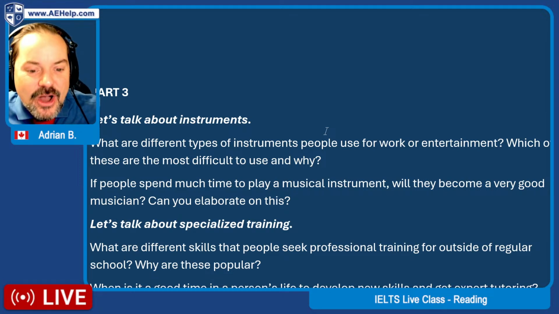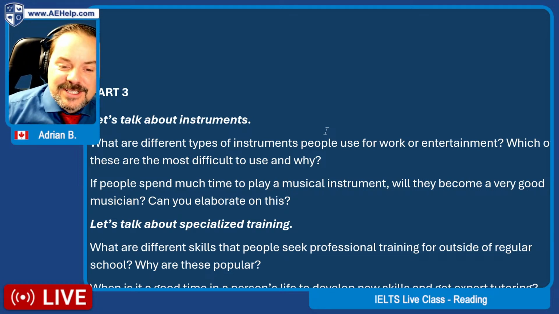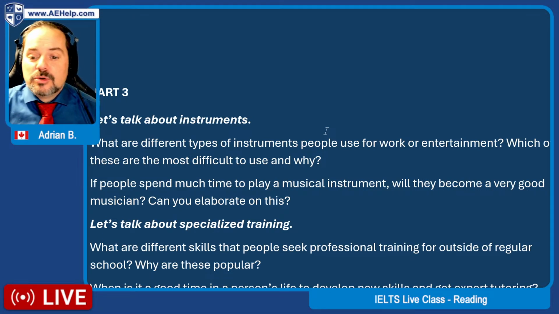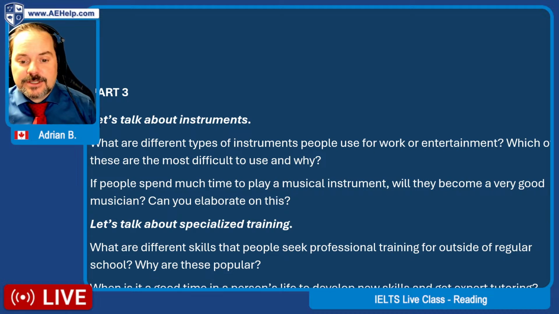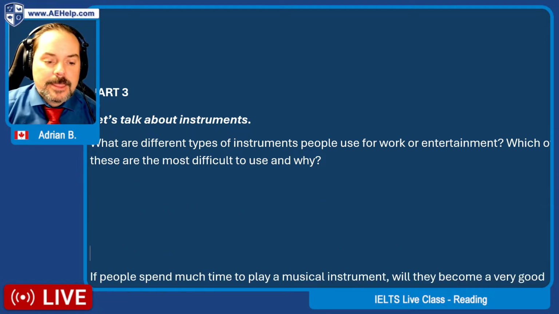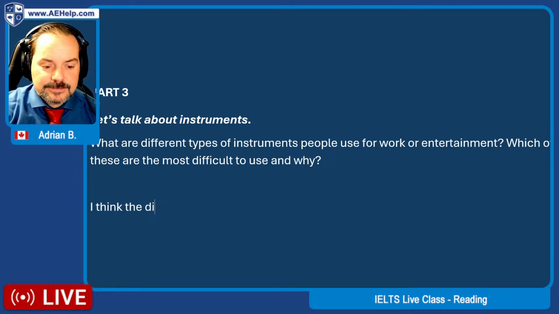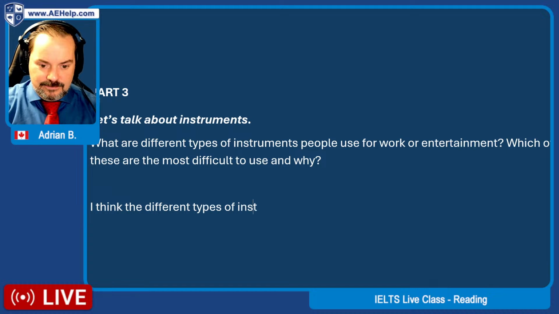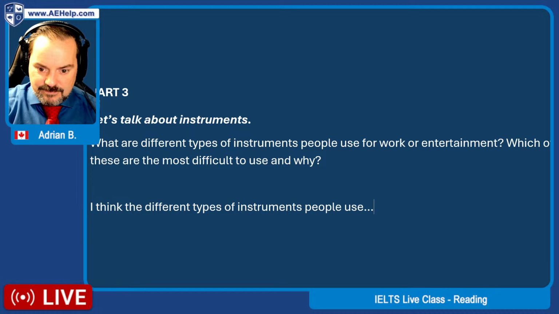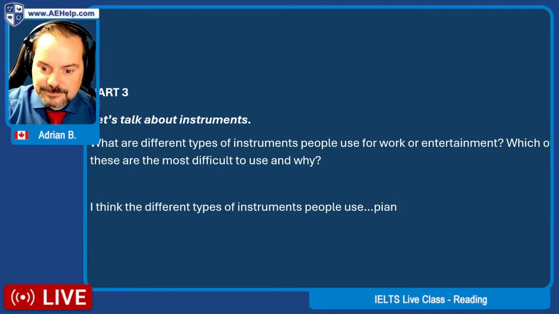What are different types of instruments people use for work or entertainment? I think the different types of instruments people use depend on the purpose. When people use instruments like pianos or guitars, they must be musicians or a group of musicians.